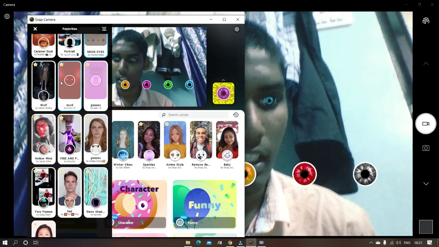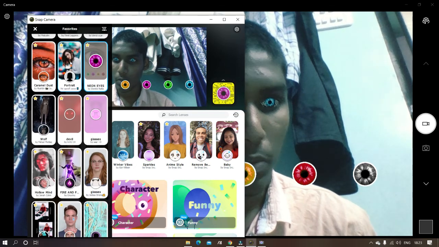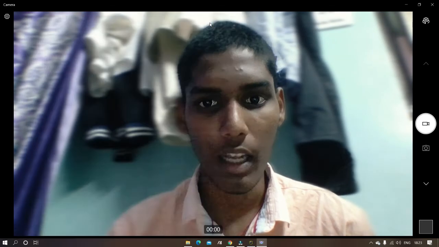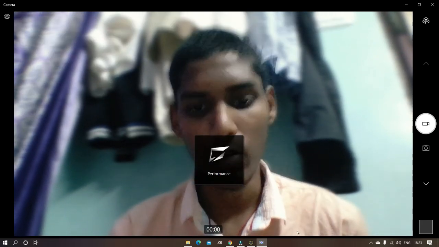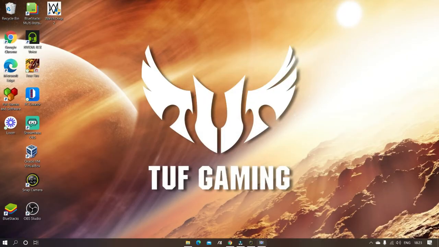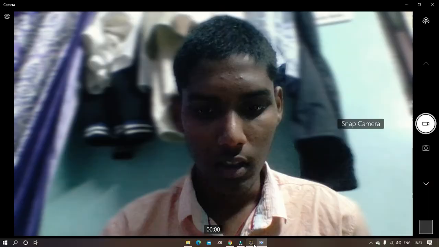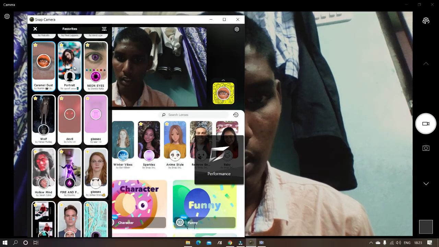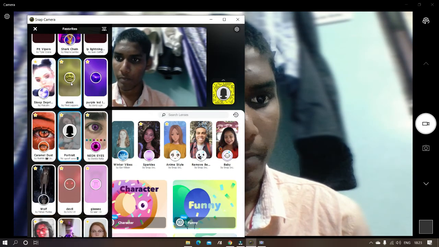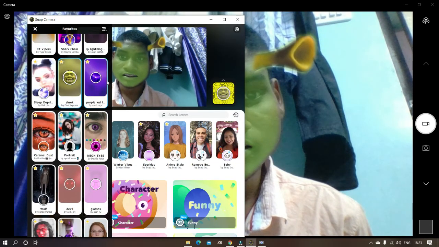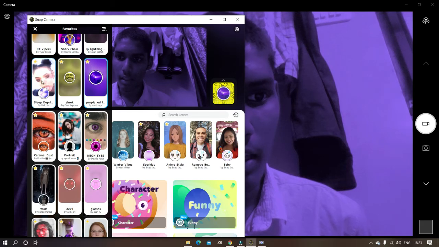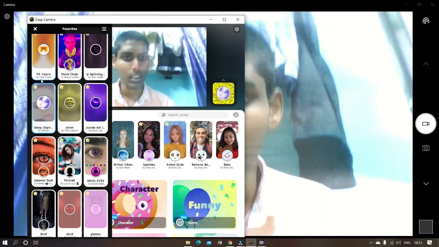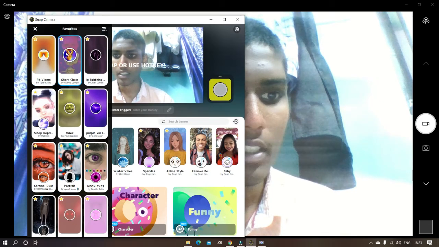Here, again go to favorites. Use portrait mode. This is the portrait mode, and your background will be blurred like this. This is the portrait mode you have to use. And then this is the background. This is the purple light, and this is sleep depression. As you can see here, this is the golden chain I used.